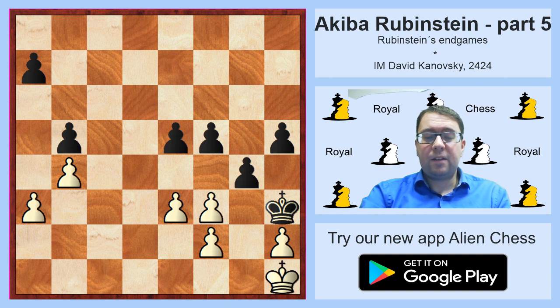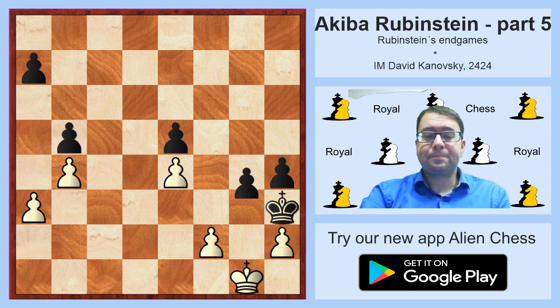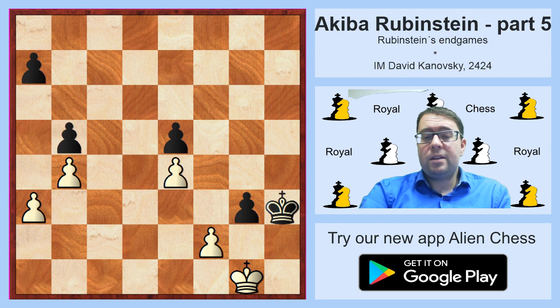But after g4, e4, pawns on e4 were just exchanged. And after h4, king g1, g3, white has to take, and in this position white already resigned, because it is clear that his position is lost,